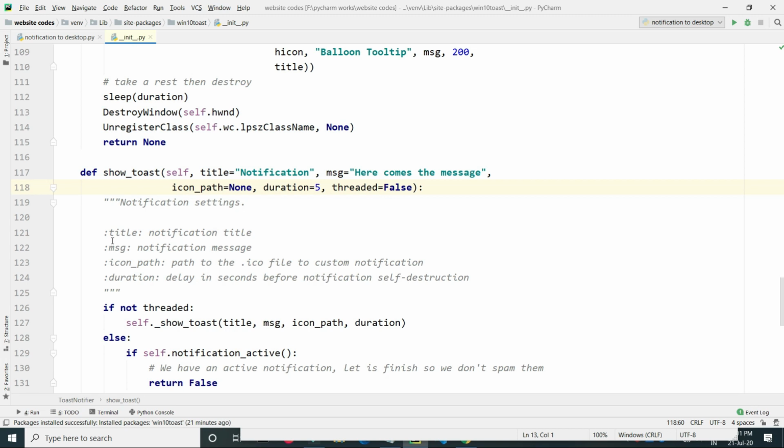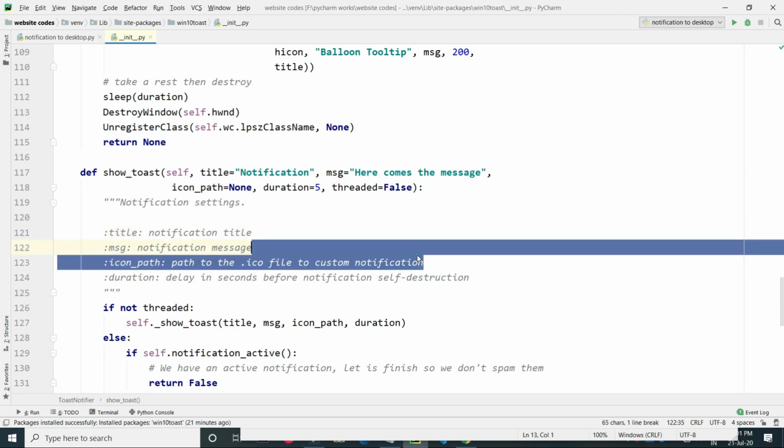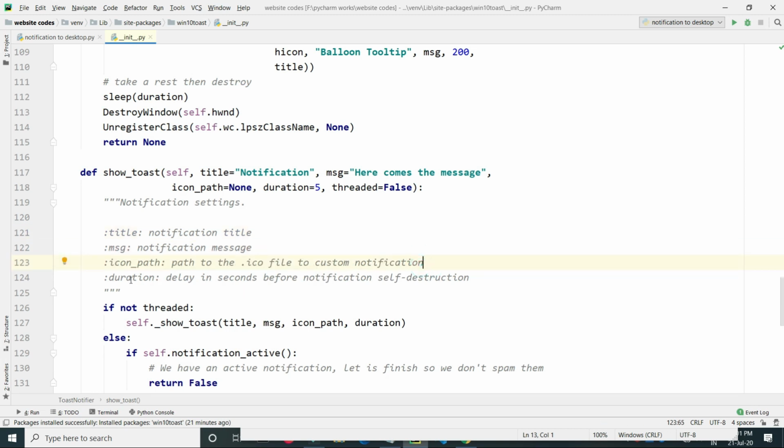Here it explains everything: title is the notification title, message is the notification message which we want to display, and icon path is the path to the .ico file for the custom notification that we are sending. Duration is the delay in seconds before the notification self-destructs. Let's go to the code, and we will also see what the thread is.